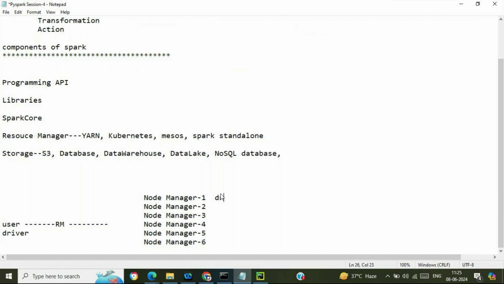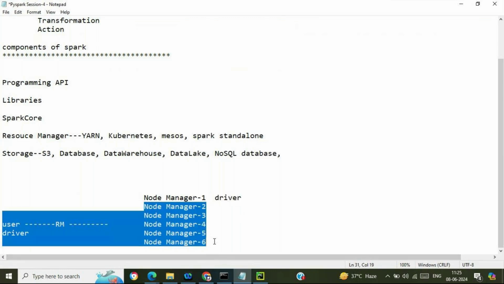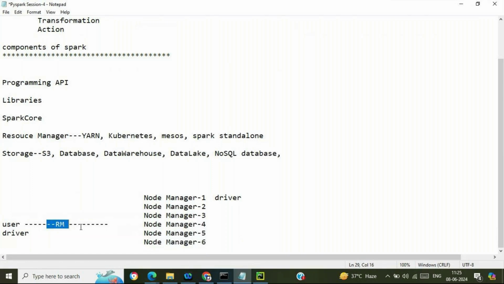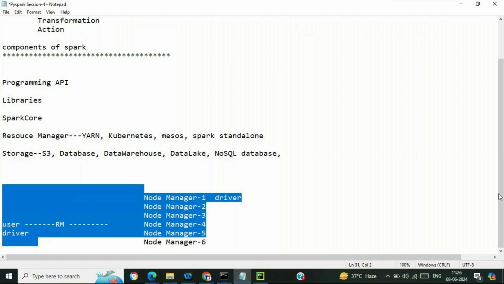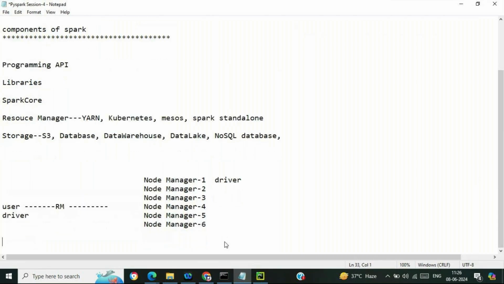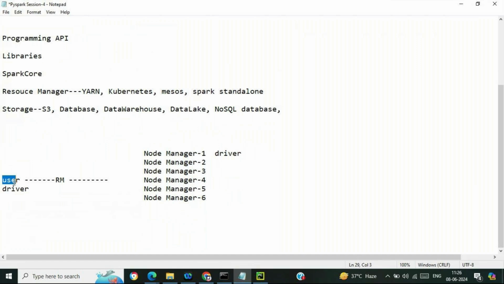Say onto this particular node, the driver is running. Okay, so the driver is nothing but a program or master of the Spark cluster, and these are nothing but the worker nodes. If this is the master, then the remaining will be the slave machines. The resource manager is, you can say, outside of this particular cluster. Now you can initiate the driver at any location, and based upon the configuration of the driver, like if you are going to configure the driver onto the user machine, then it will be